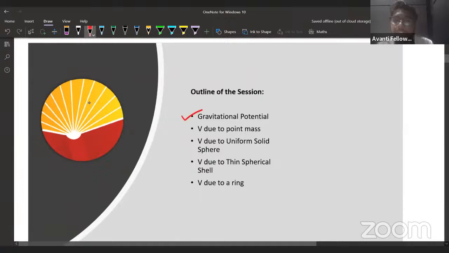Today we are going to see what is gravitational potential. You might say, sir, it's pretty simple, I have already learned mgh. Let's see if it is true or not, and when it is true. Then we are going to see